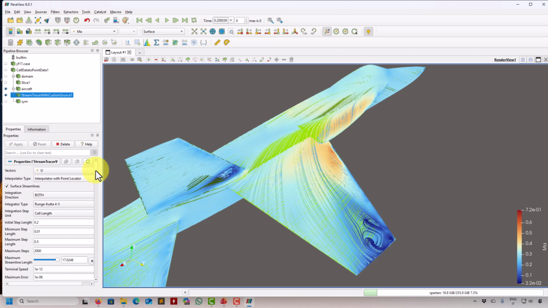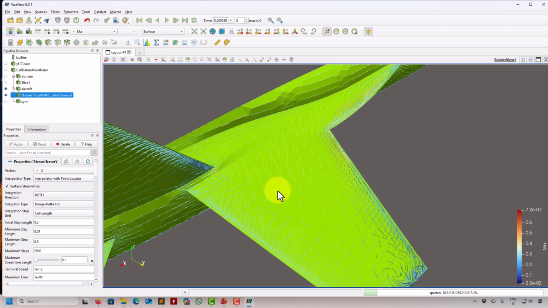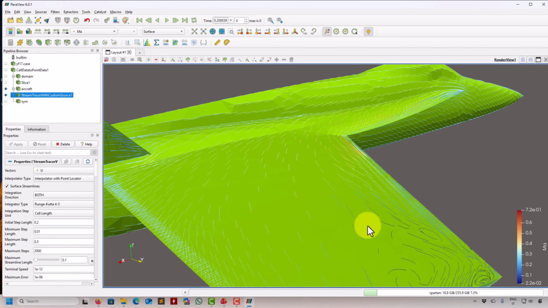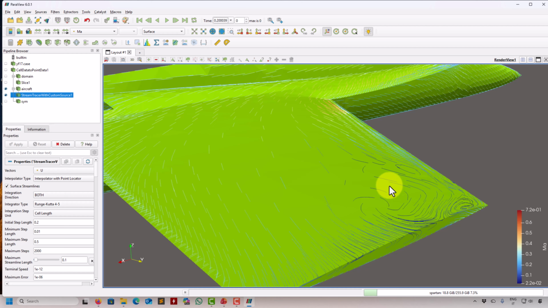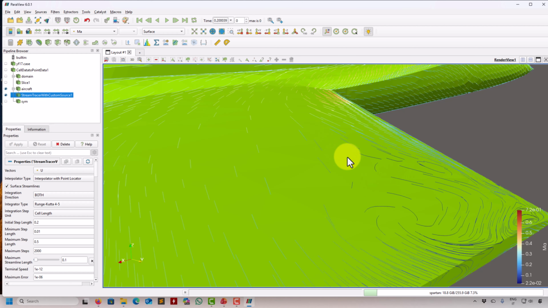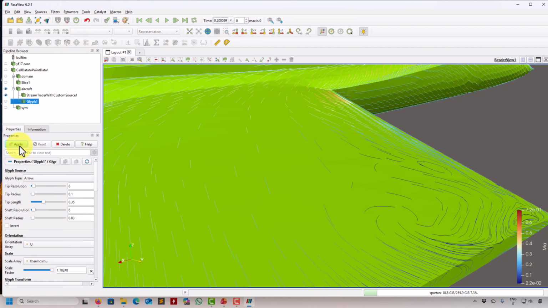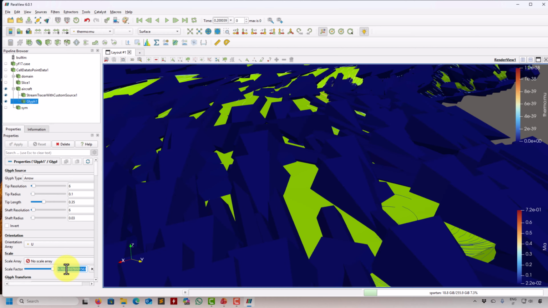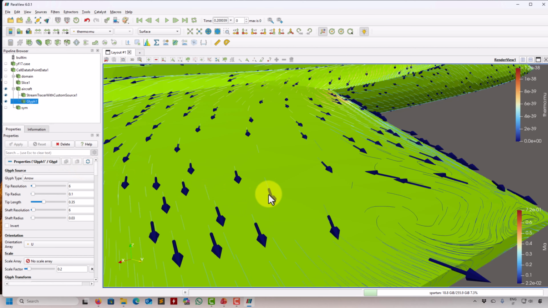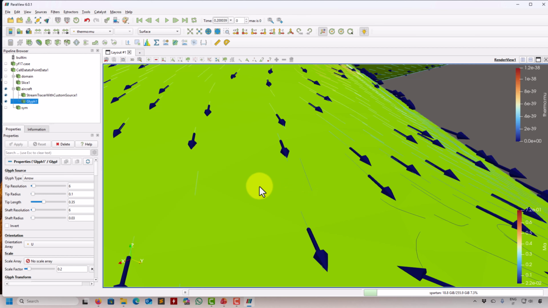We have talked a lot about this streamline, so feel free to play, but in this case you might want to make it shorter. You put it like this, and you get your idea that this is pretty much the image that I showed you in the first video. You get kind of the direction. Look at that, in this case we're releasing what can be seen as vectors, but curved vectors. To show you, let me put vector here, arrow, no scale, 0.2. They are released from the same point,